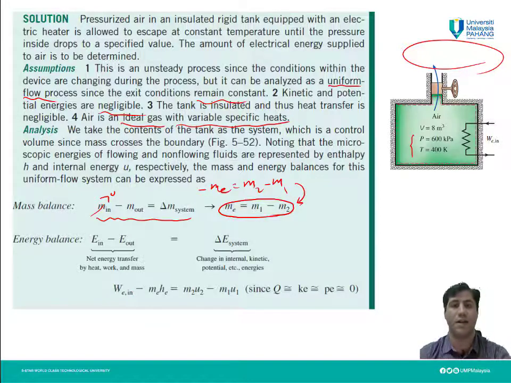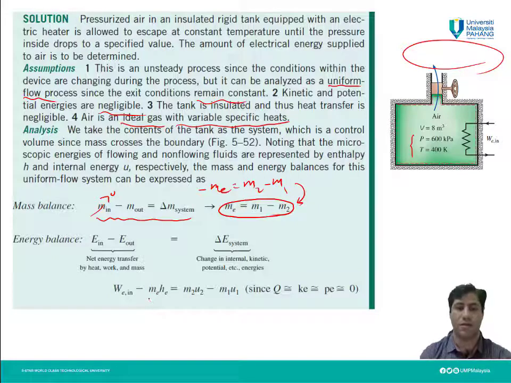We don't have any other type of energy coming to the system, so E in is equal to W e in only. What about the energy which is going out of the system? The energy which is leaving the system to the surroundings is only the energy transferred by the mass transfer, which is m e h e